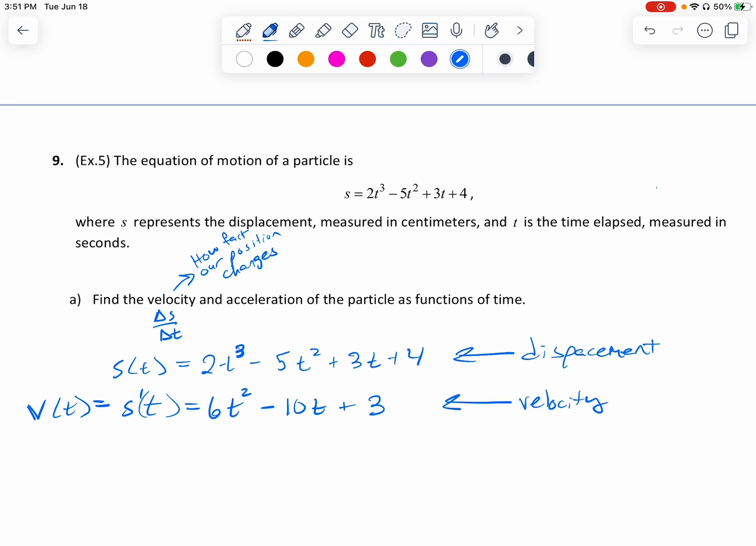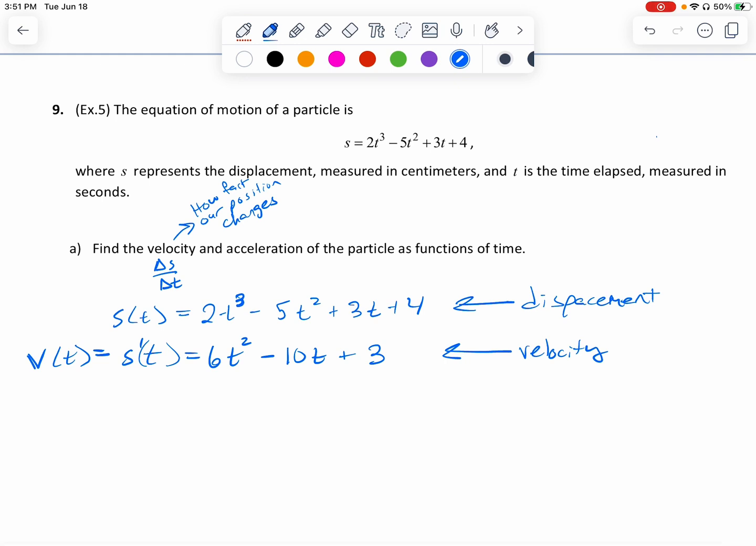So that gives me an equation for that. If I know the time, I can figure out how fast the particle is moving and in which direction. And then I take the derivative of that. So I'm taking the derivative of the velocity function. Taking the derivative of the velocity function, which is the second derivative